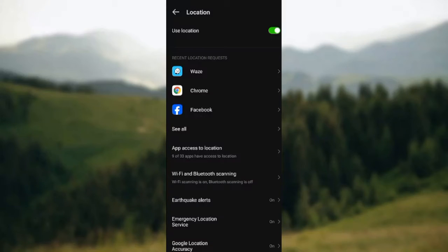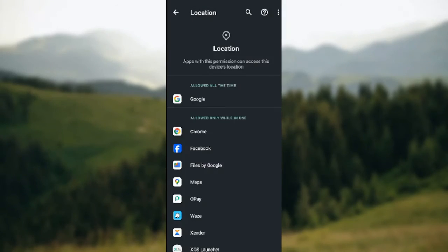And if you notice that the Waze app is not on it, just go ahead and click on app access to location. App access to location is located above Wi-Fi and Bluetooth scanning. Just click on it. Now, before I go on, I would like to inform you that these settings are peculiar